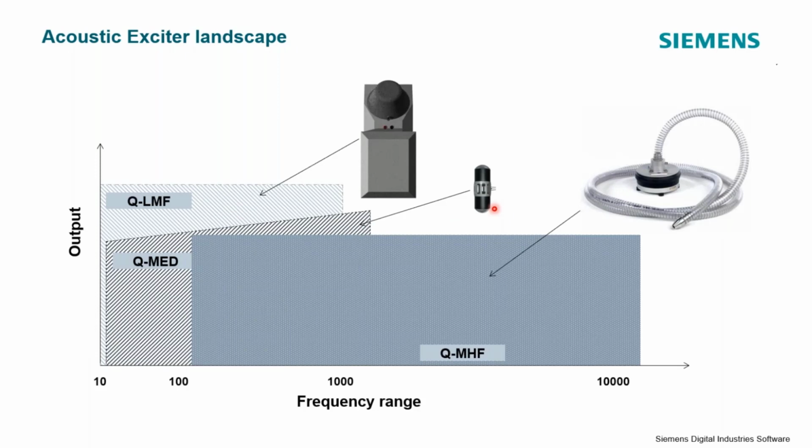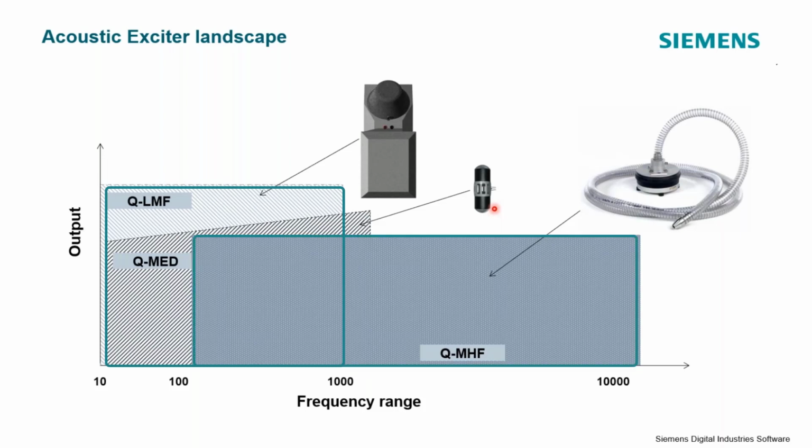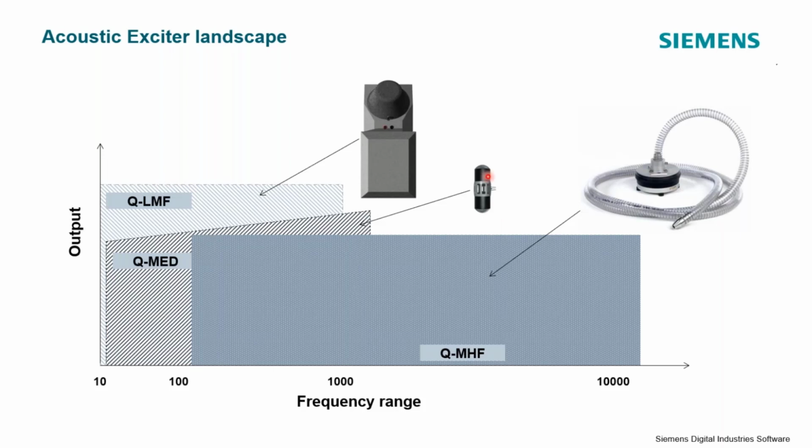So let's take a look at these Q sources. These are the 3 acoustic exciters we have. All of them measure Q. And essentially it's, again, this game we play between I have so much acoustic energy I can produce. Are you more interested in low frequency with a high level or high frequency with a slightly reduced level? We have to sort of spread this energy out, either in frequency or amplitude. So you see this big guy, this QLMF, he is focused on the low frequency end of the spectrum, but can put out the most output.